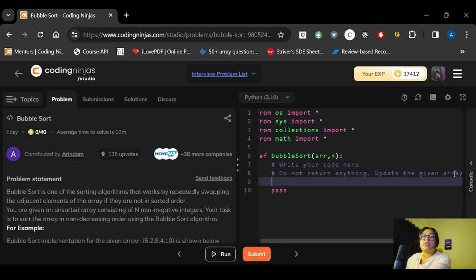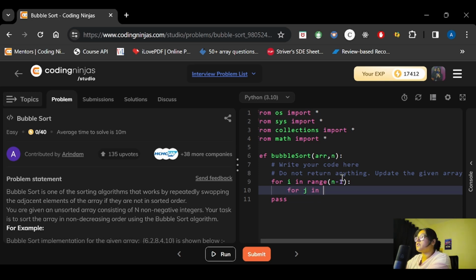First, we have been given an array and the length of the array, and as told, we will be iterating from 0 to n minus 1. So we will give n minus 1 here, and we know that if we use range, it will go only till less than that, which means it will not go till n minus 1, it will go till one less. This is basically equal to for i equal to 0 and i less than n minus 1. We are doing that here, and we will have one more loop, j, which will go till less than n minus i minus 1. So now we have i and j loops.